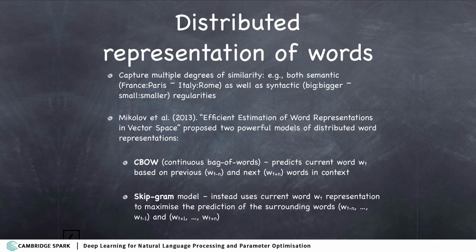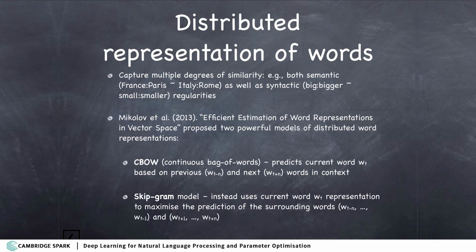Distributed word representations are used quite widely nowadays. This is based on the work by Mikolov and colleagues from 2013, where they showed with two models how to learn these representations of very high quality that are widely used today. The original task they presented in this paper was predicting words that stand in similar relations to each other.